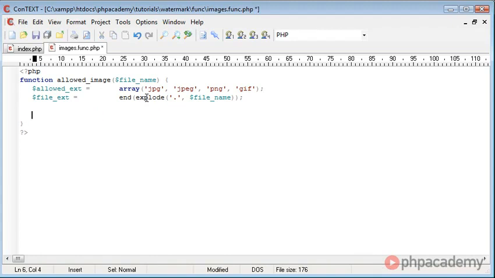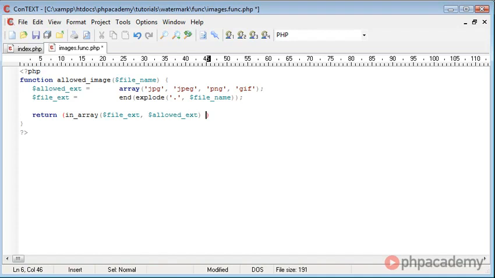So what we're going to be doing is using the in_array function. So we're going to be returning true if the file extension that we've fed into this function exists in the array, and we're going to be returning false if the file extension doesn't exist in this array. So we're going to return, and then we're going to create a condition in brackets, and this condition is going to be in_array. Now the first parameter of this function will be the actual string, so we want to use file_ext, which remember at the moment is JPG, and the second is the array that we want to look in, so this is